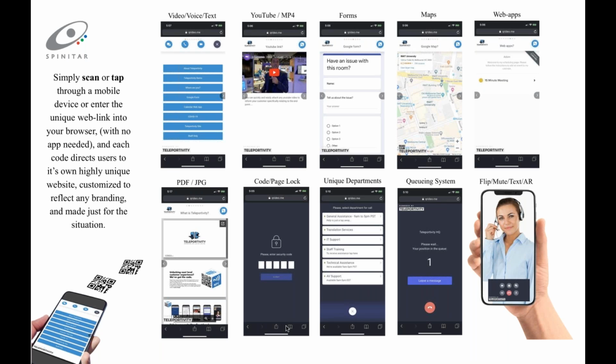And as you see on the right-hand side, the video element of the call, when they tap or scan the video button, comes with all of the great features you would expect in a high quality, high-end video communication system. And remember, there's no app here. Everything is run through the web browser. You can flip your camera, you can mute yourself, you can turn your camera off. You can also initiate augmented reality, where you can take a snapshot of, say, a rack that you're looking at, or